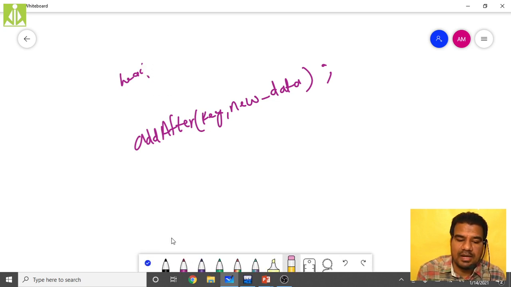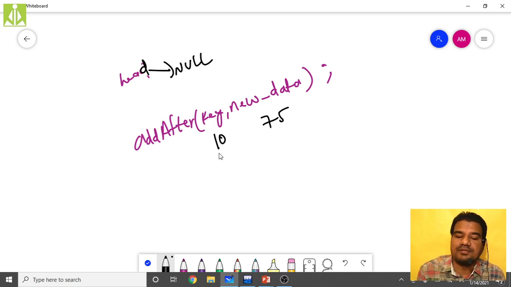I'm saying my head is not pointing anywhere, so it is null. My head is null, and I'm saying add after, add a new node 75 after, let us say, key 10. Is this key 10 available inside your doubly linked list? No, it is not available. But your head is null. That means there are no nodes inside your doubly linked list.